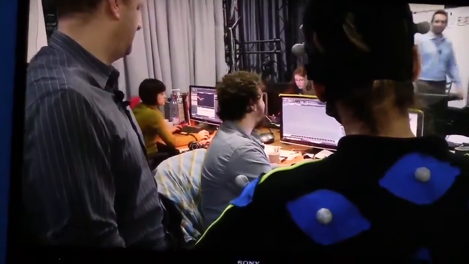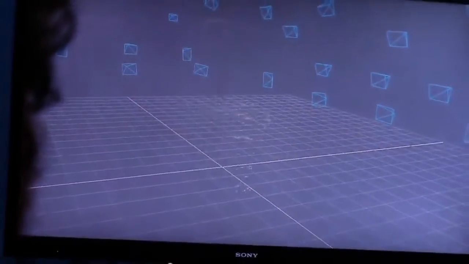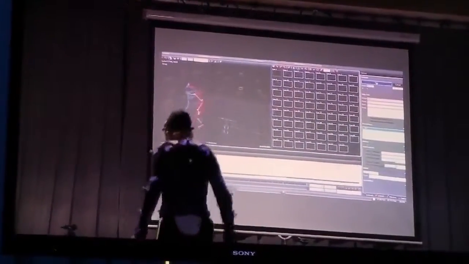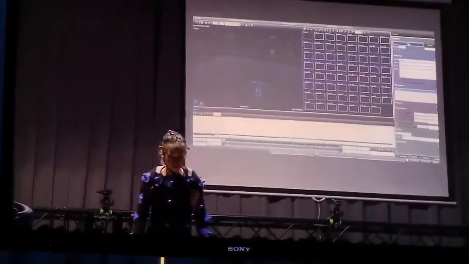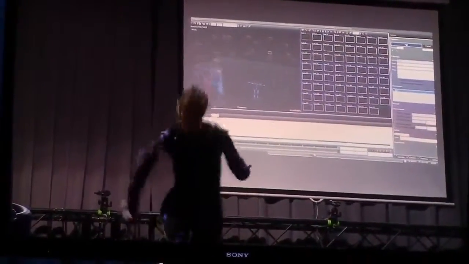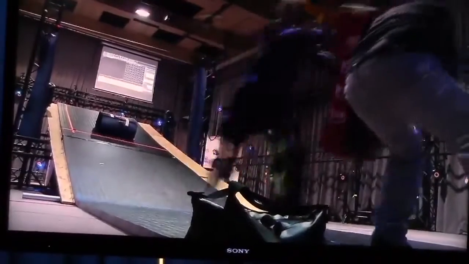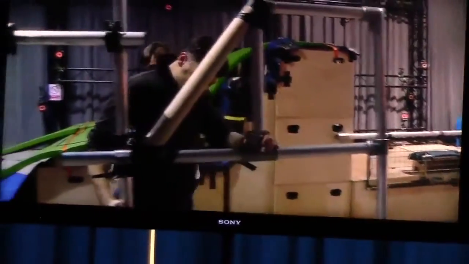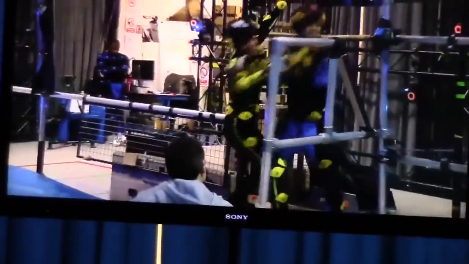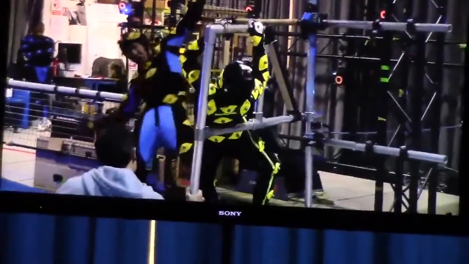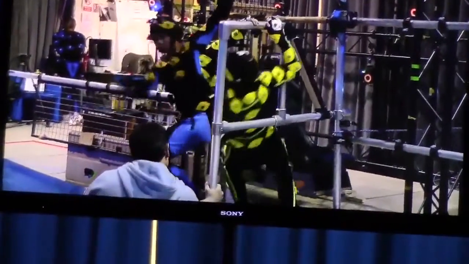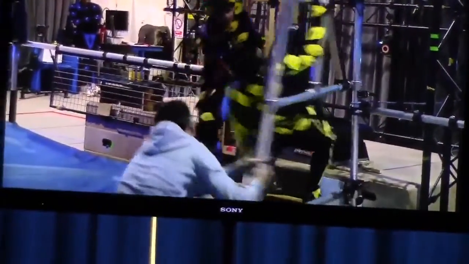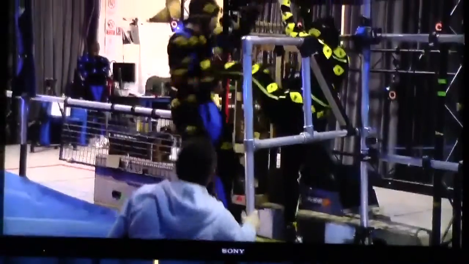And we have to make sure that we can actually capture with it, because there are limitations to motion capture. It's optical, so you can't have someone go into a blanket or into a box. So we have to take all of that into consideration. A car door has weight. We can't use a real car door in motion capture because it's shiny and it's really heavy, and we can't see through it. So we have to build an approximate car door, but it has to at least have some of the real properties of a car door, because just closing a cardboard car door doesn't play the same as a real car door.